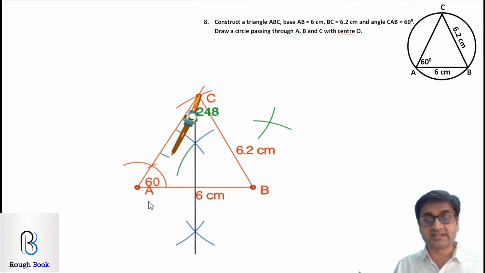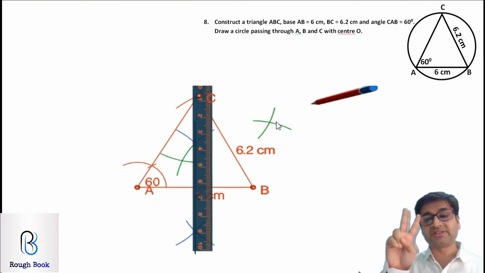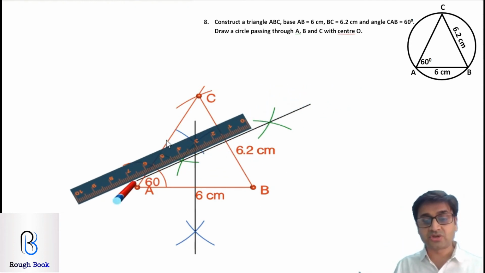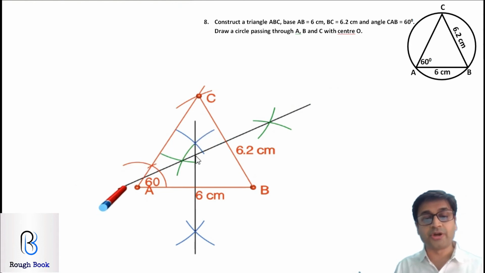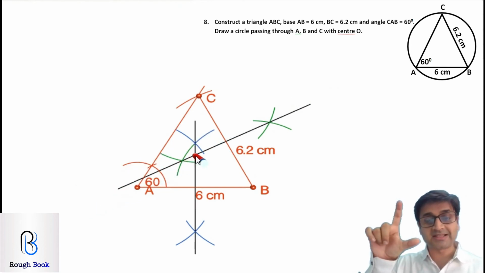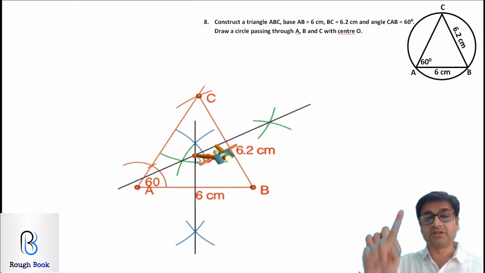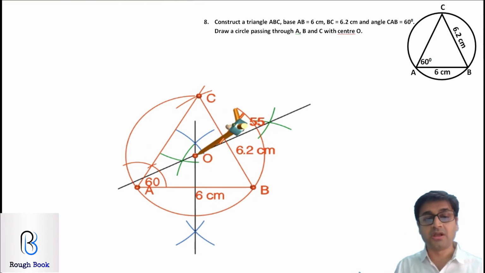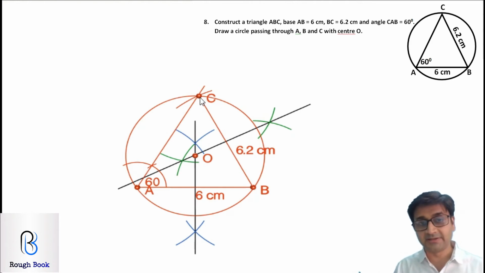Wherever these two intersect, that is at this point here and this point, if you join, you get your second side bisector. The point of intersection of these two side bisectors, let me call it point O. Keep your compass on point O, extend till C and then draw your circle. See? Keeping it on O, extend it till C, draw your circle. Automatically what you will get is your circumcircle. Your circumcircle should pass through all the 3 points A, B and C.